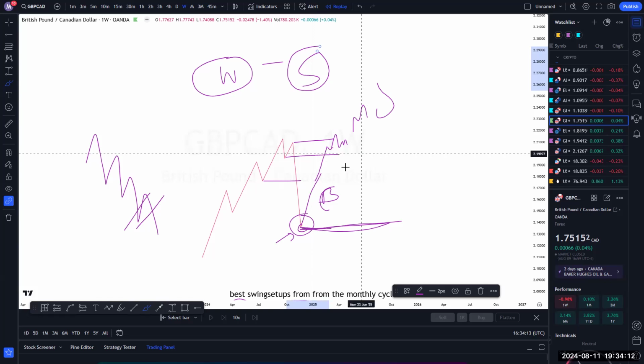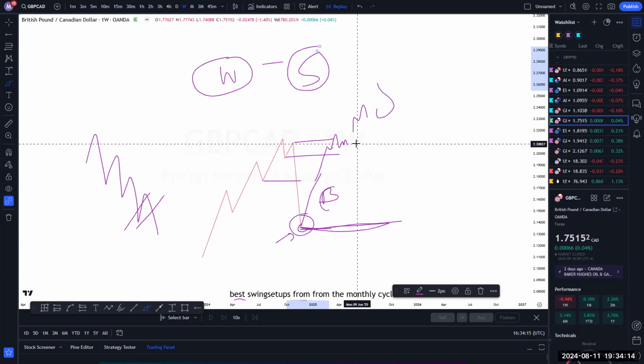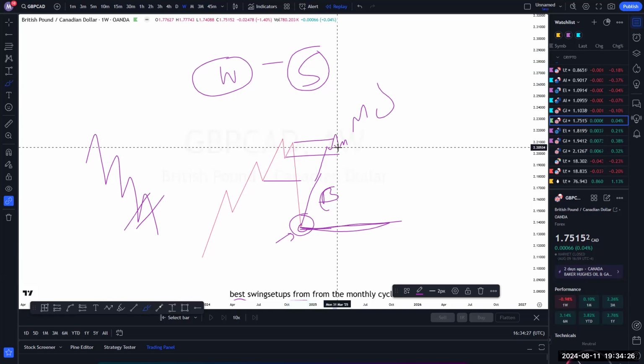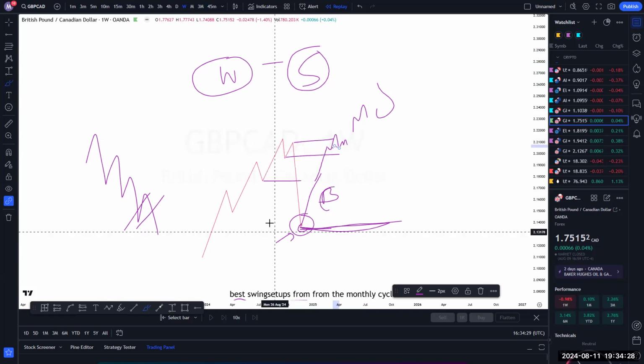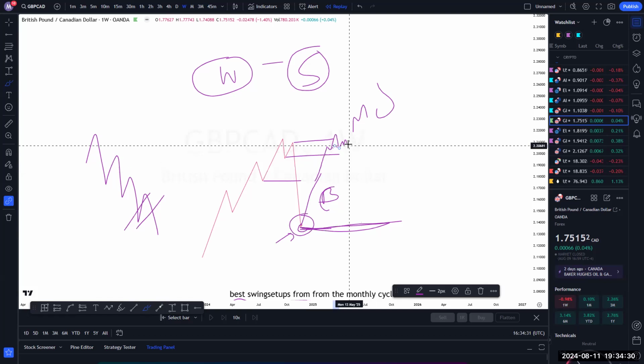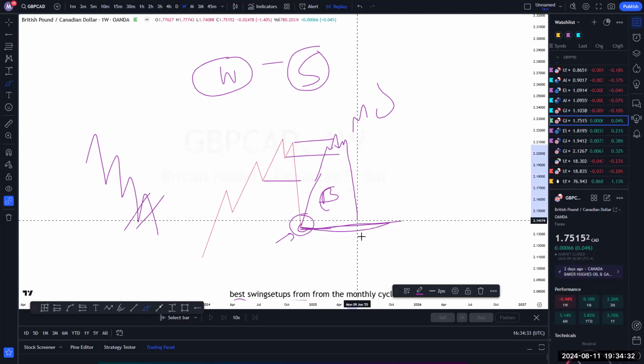So whenever price comes to the monthly area of liquidity, it means that we are going to use the best cycle: monthly, daily, 1 hour, 15-minute, and 3-minute for entry. Meaning, whenever we enter this trade, we are not going to exit this trade from this area of liquidity because now we know that the price is going to be forming new